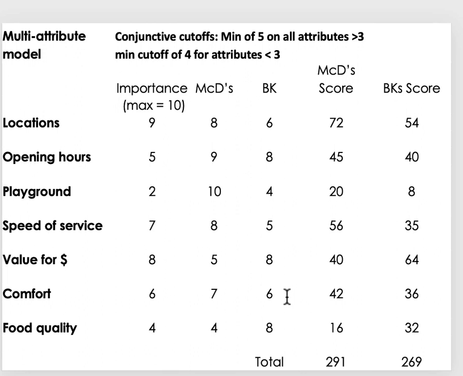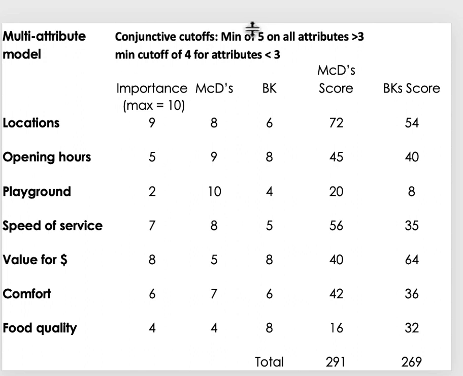And you'll see that if a consumer is using a compensatory model, they would end up selecting McDonald's because the overall total score, 291, is higher than Burger King's, 269. And I've included the criteria for a conjunctive rule up here at the top. Remember, we've got importance, that's how important the attribute is, and then the actual performance of each option on that attribute. For the conjunctive rule, for the attributes that are more important, so anything that's above 3, the performance has to be at least